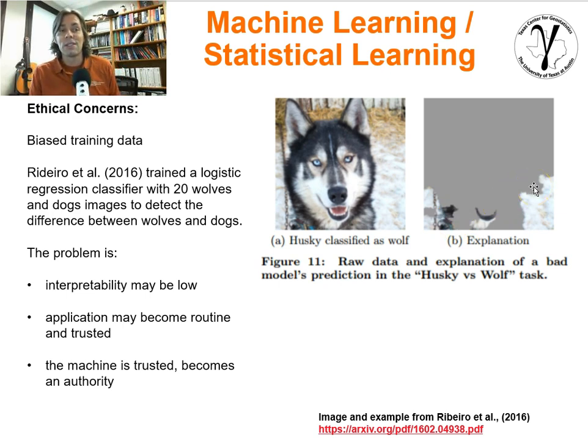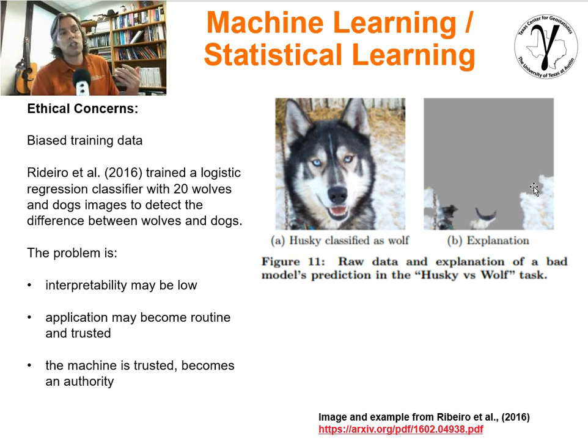In other words, it was a wolf because it was in snow. Now, what's the problem here? The problem is that interpretability is often pretty low, or may be low with a lot of machine learning methodologies. It may not be something we can do readily, or we may not take the time to try to interpret and understand why we got the outcome wolf. We may just say this must be a wolf.